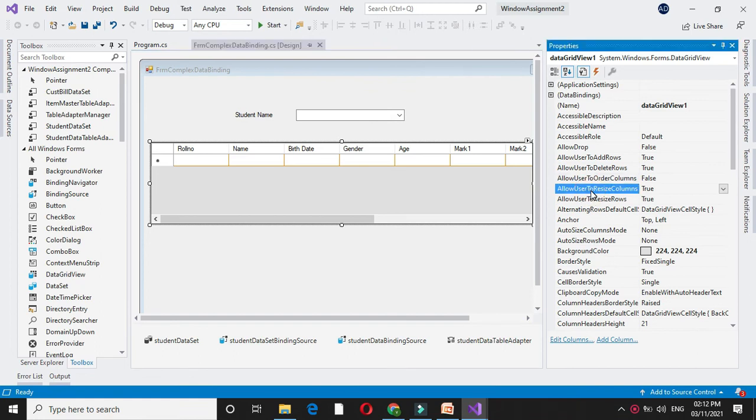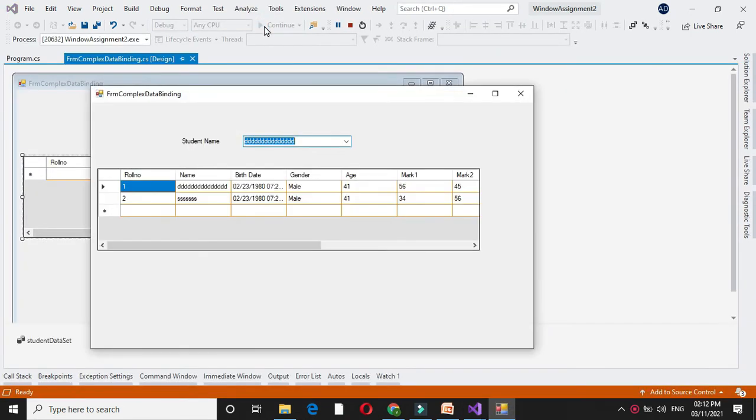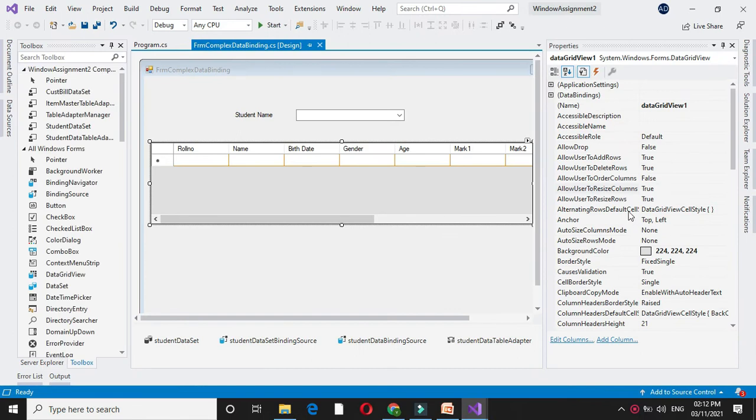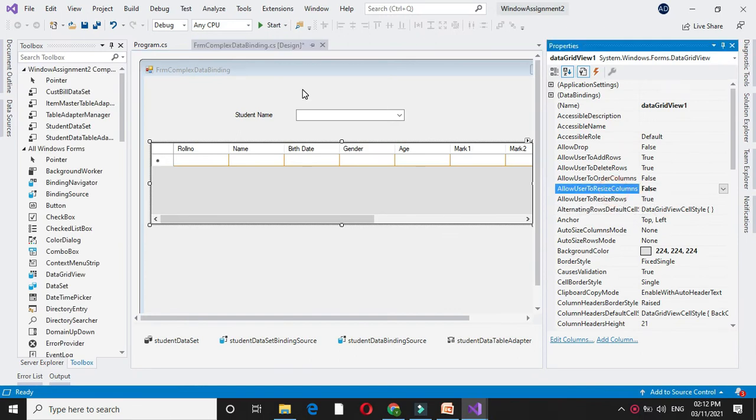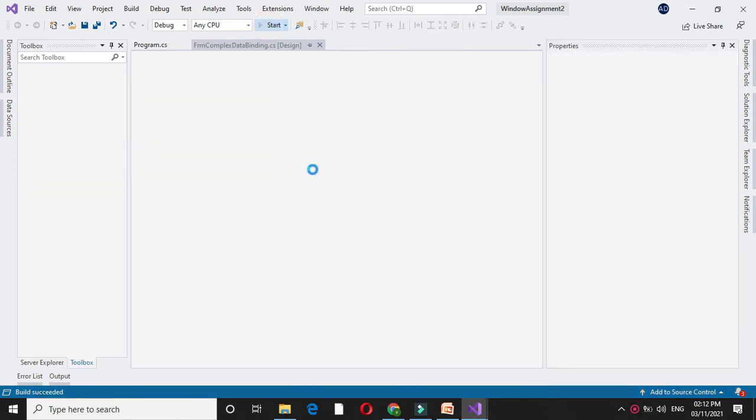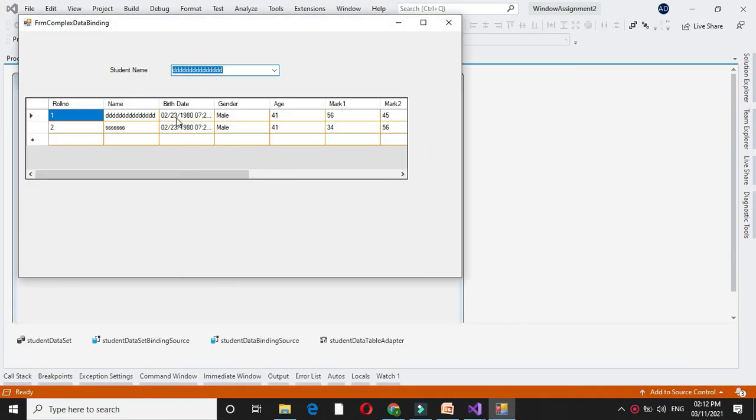If allow user to resize column property is true, you can change the width of the column. And if this property is false and if you execute, you are not able to resize the columns.